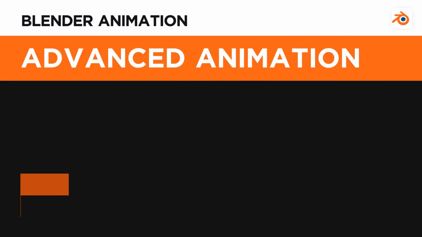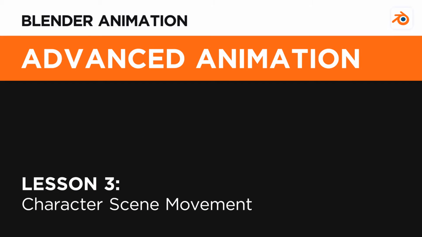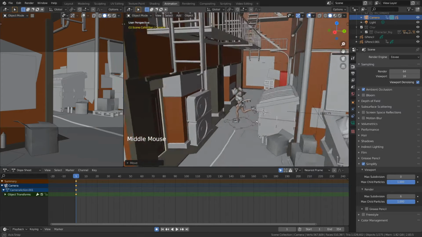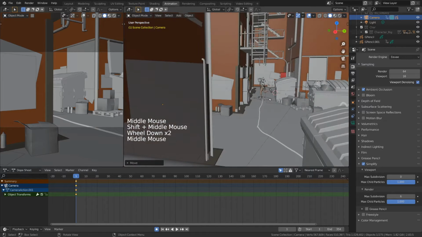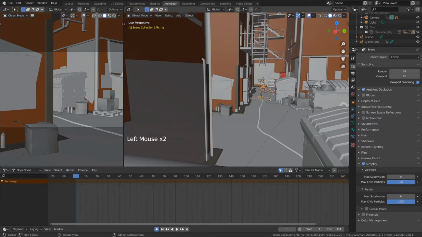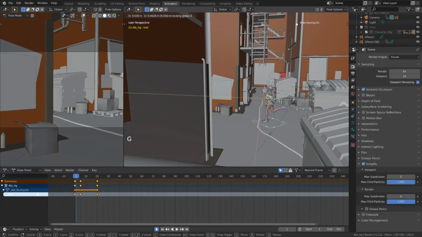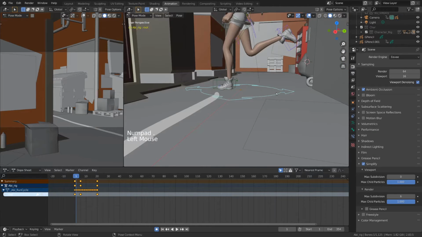Now that we've had time to plan our character's movement throughout the scene, we can go ahead and start animating some stuff. First and foremost, let's try moving our character as a whole through the scene as we planned. This is what the root bone was made for. The root bone of a character allows us to move the character as a whole without worrying about any other bones lagging behind. So let's select the root bone and start translating it along the path that we determined our